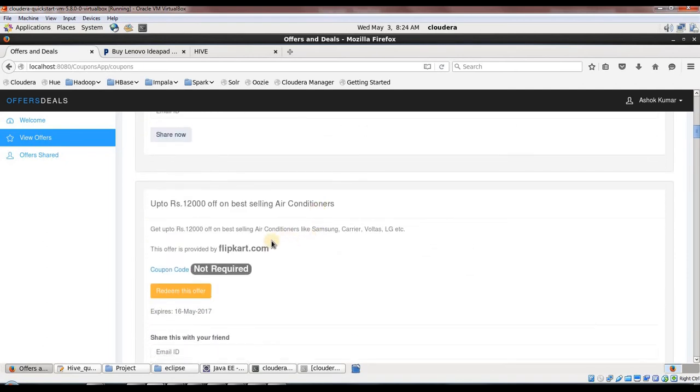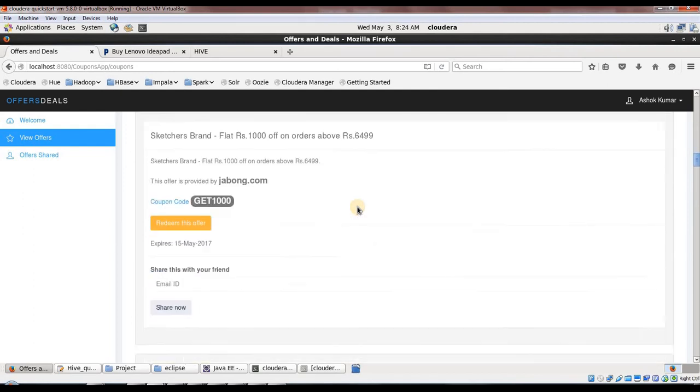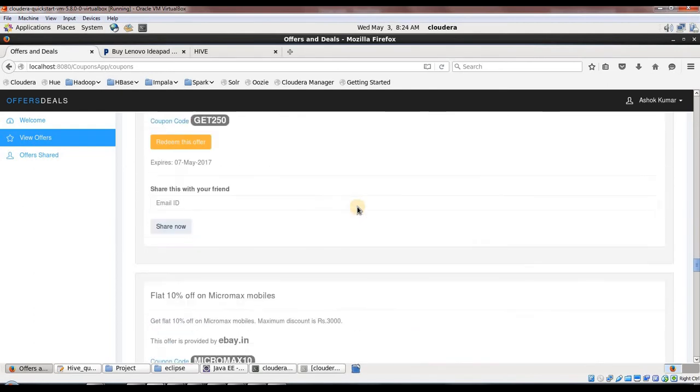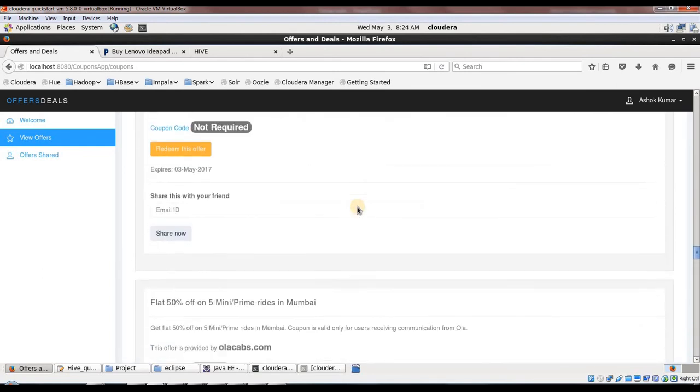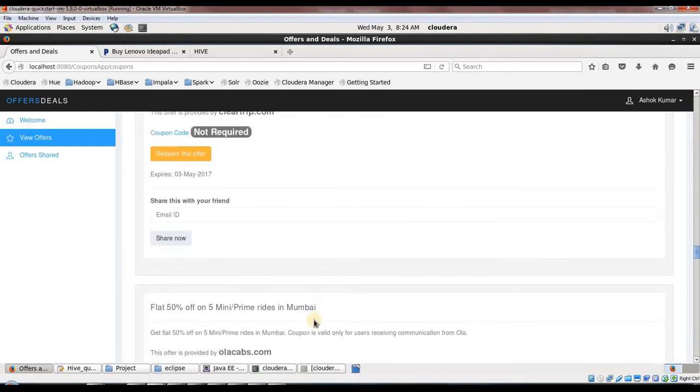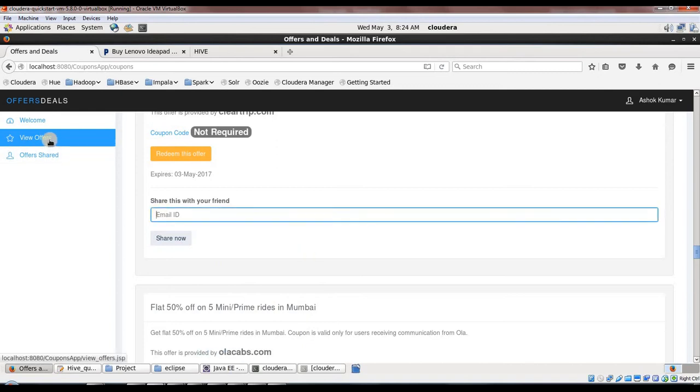The third coupon by flipkart.com on this is the offer, like that. So it will retrieve all the possible coupons, whatever coupons we need. Okay, so this is the module working. So if you want to understand with respect to the coding perspective, you can see as soon as I click